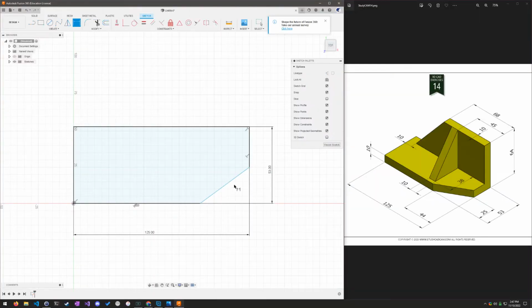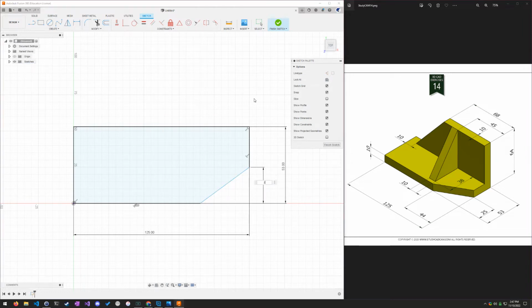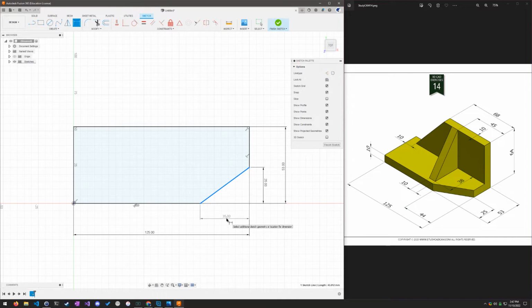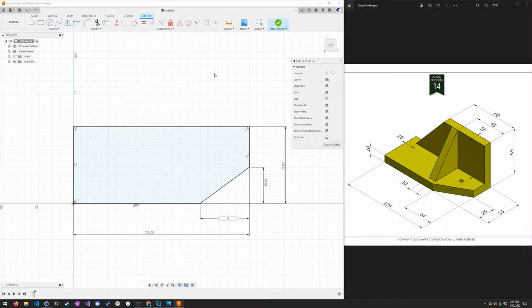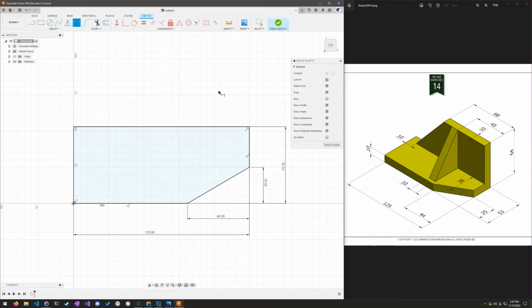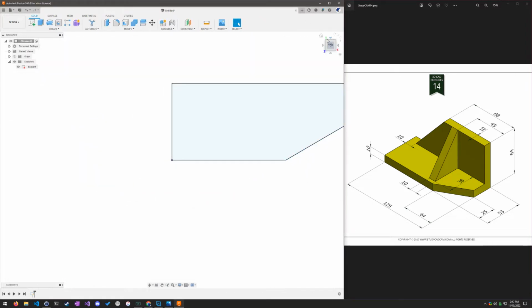So how do we do that with this? Well, it's simple. We're going to click on this line for both of those, but the direction that we drag it is going to matter. So if I click on this, instead of pulling this down this way, if I pull to the right, I can do the shorter side, which is 25. And if I pull down, I can do the longer side, which is 44. Pretty simple. And because of that, if I open up my sketch folder, I'll see that we've got a red padlock for sketch 1, and we are indeed done. So I can click finish sketch,